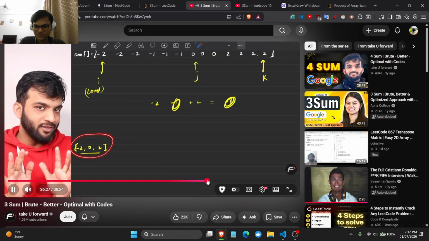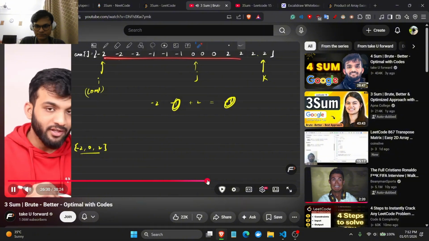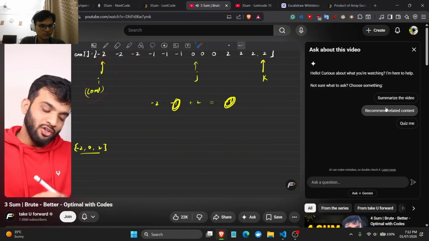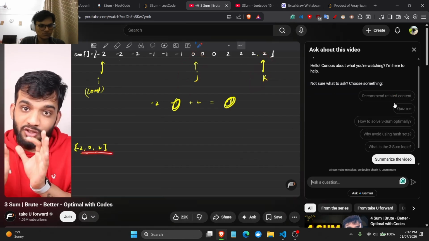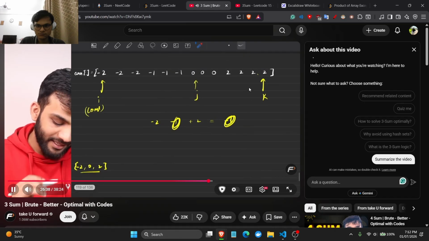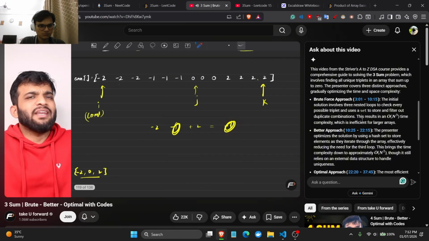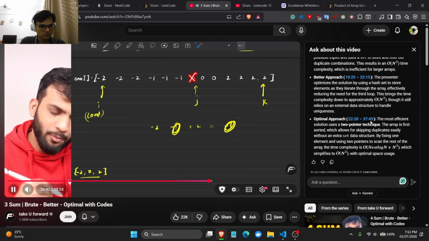So what are we doing at this point? We took a sorted array, you had I at the left, you had J in the middle, you had K at the right. So it is already in sorted order. Got it? Next, you are at 0. What can you do? You know this cannot be taken,